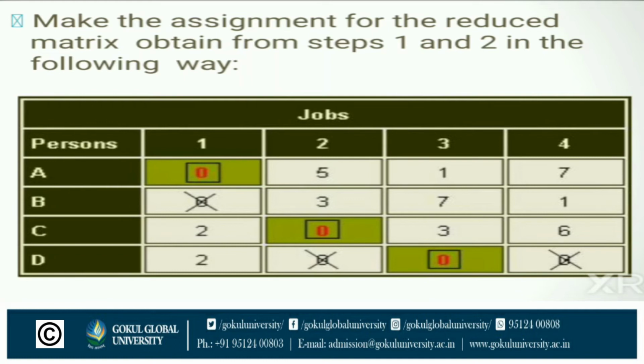The fourth one has two 0s, but in the second column we have already assigned the third row, so we cannot assign the last 0. And here the third column has a particular 0, and at the column and row intersection we can have only one 0, so cross out the fourth 0. Now the procedure is not complete for this table. We can only assign the third 0, then the second row and fourth column require many other 0s. Then we go to the next step.